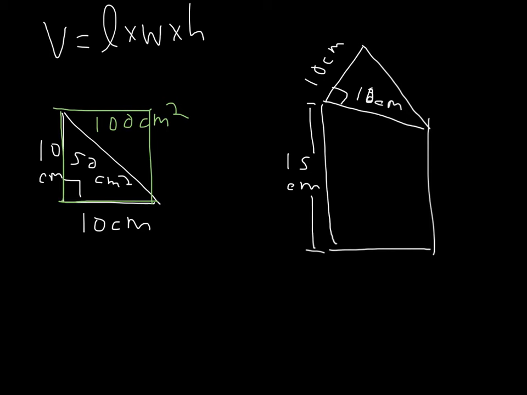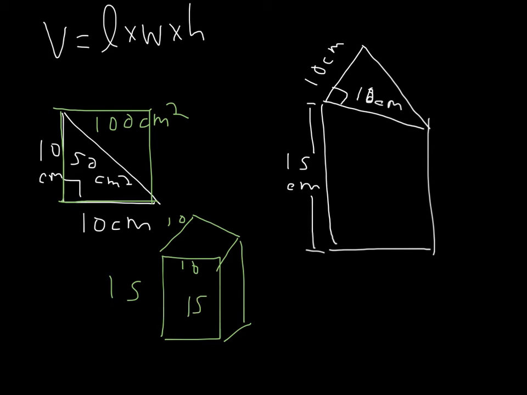So let me draw the rectangular prism that this would be half of. I could have a rectangular prism that's also 15 centimeters high, but at the top it would actually be a square, and the square would be 10 by 10. And we see that this would actually have a volume of 10 times 10 times 15, which would be 1,500 cubic centimeters. But our white triangular prism is the same as that, except it's just cut in half. And so you would find the volume of the rectangular prism, and you would divide it in half. 1,500 divided by 2 is 750